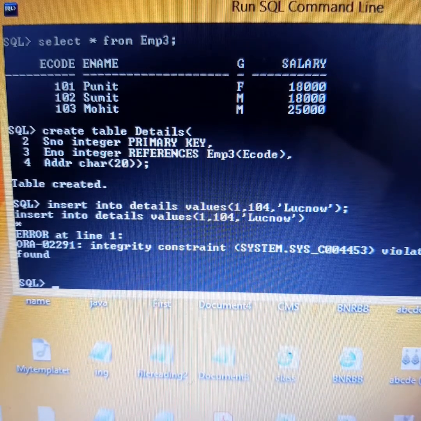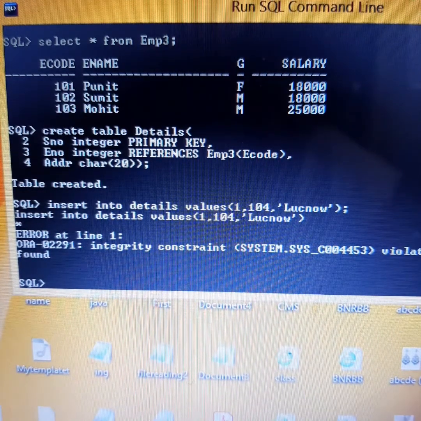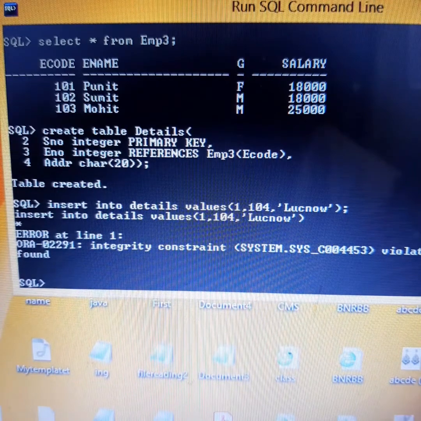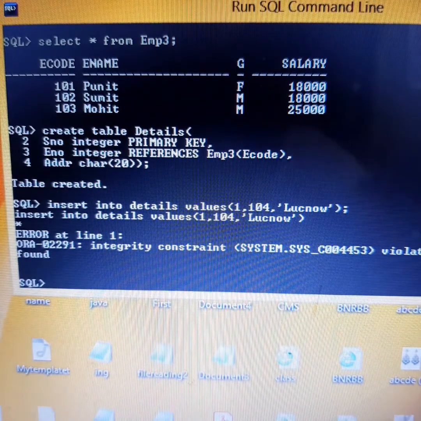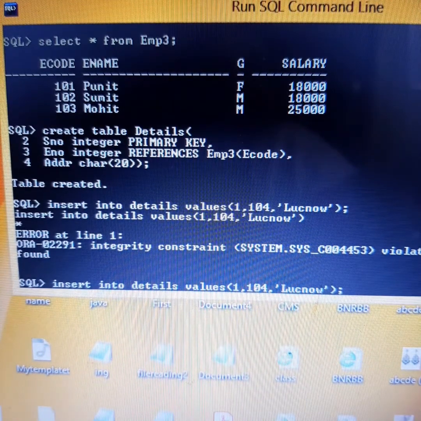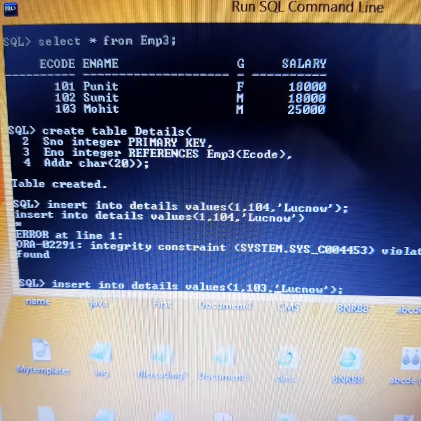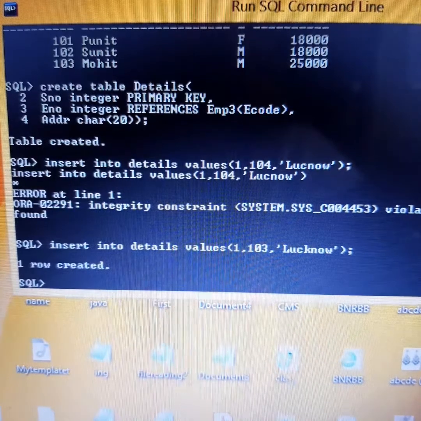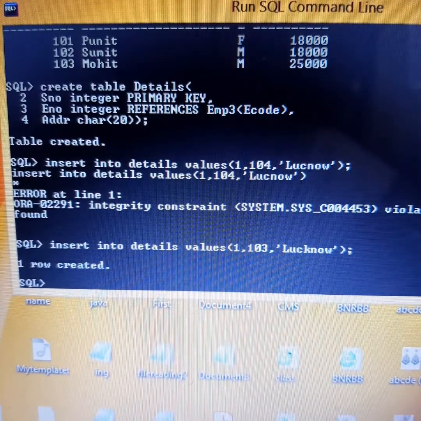Why? Because in the previous table of EMP3 I have given only 101, 102 and 103. Here I am trying to insert 104 as an E code which is not there in the original table. So integrity constraint will be violated. But if I keep here 103, so one row will be created.